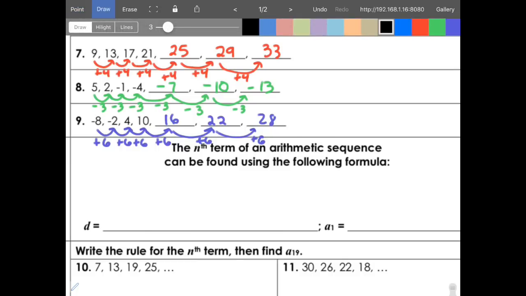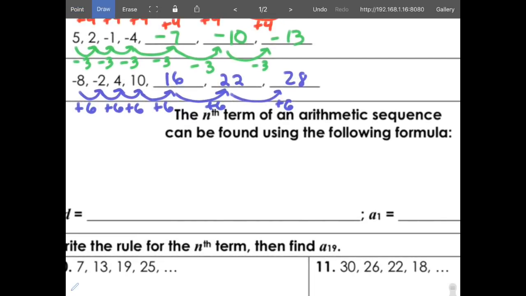Don't let this formula freak you out. It might look a little different, but once we do a few, this is really simple. It's not that hard. We're just plugging in numbers, and we're going to be doing the same thing all the way down, so you'll get the hang of it. This just says A sub n equals D. Remember our D, our common difference, like here, the common difference would be positive 6. So we just plug in a 6 here, times n minus 1,